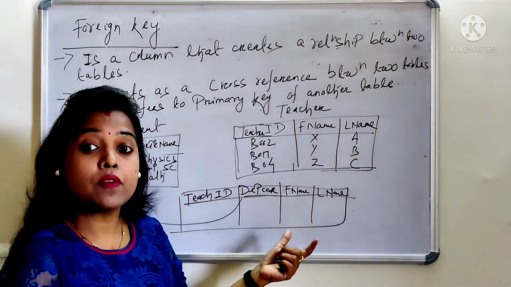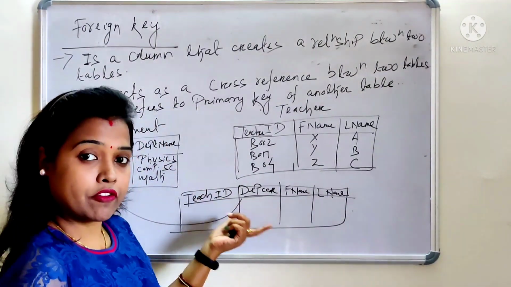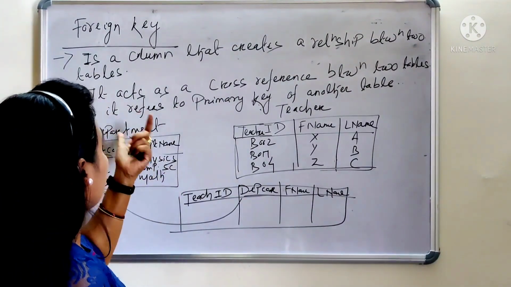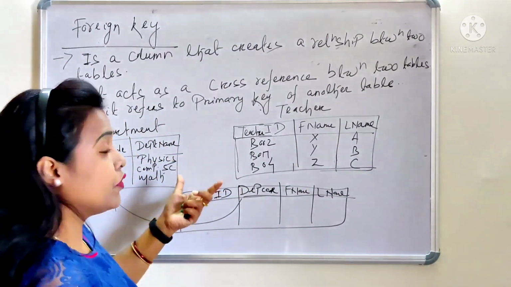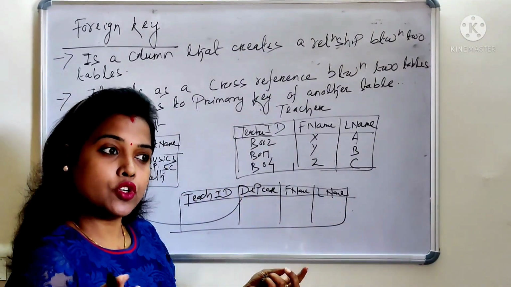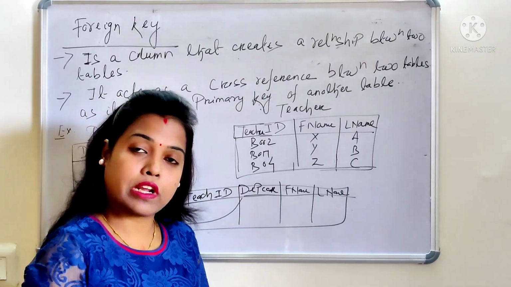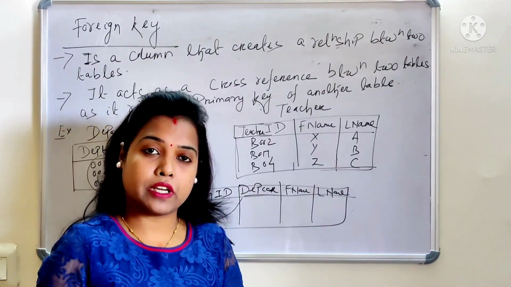This is known as referential integrity, because it refers from the teacher table to the department table. So now you can see foreign key is nothing but the concept of combining two tables to create a relationship between two tables. So the motivation of all key concepts is to uniquely identify the tuple in order to avoid the duplication of the data.